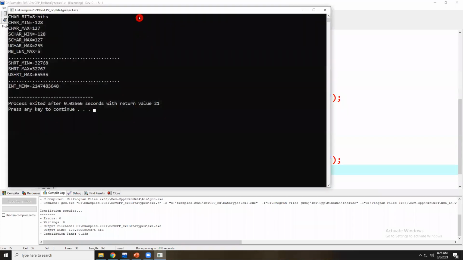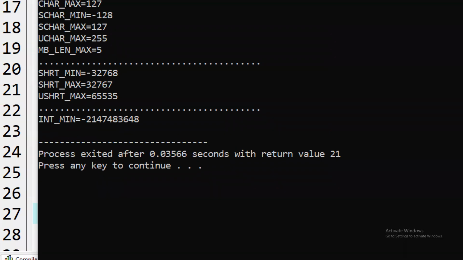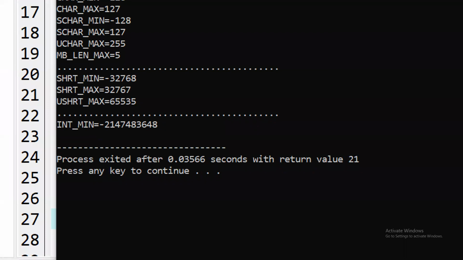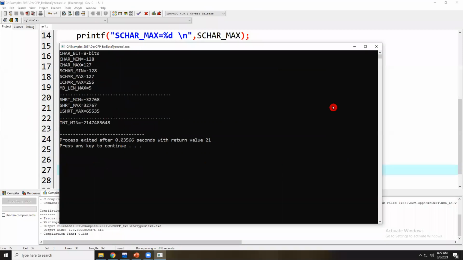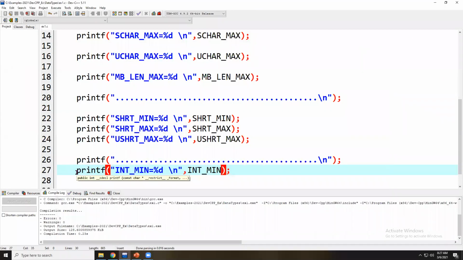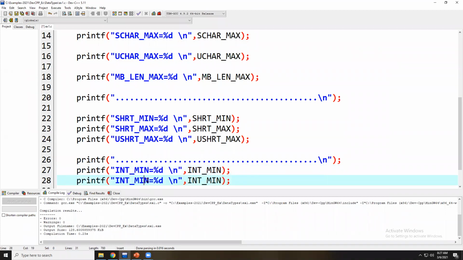See here, integer occupies 4 bytes of memory. That is the range, minus 2147483648, like long range it is going to take. If integer occupies 2 bytes of memory, it is going to occupy short min range. See, integer is going to vary based on 32 bit and 64 bit. Okay, fine. So next I try to print INT_MAX constant value.